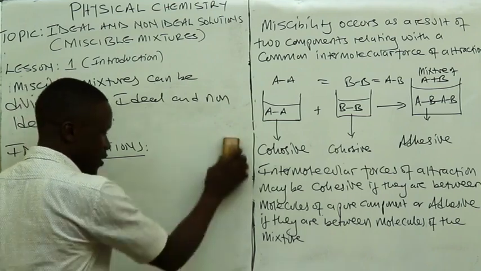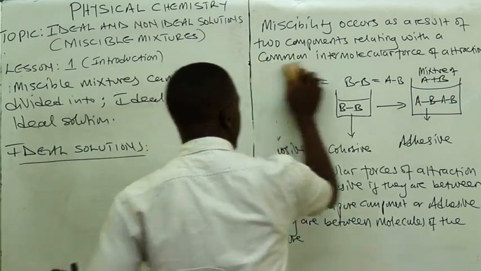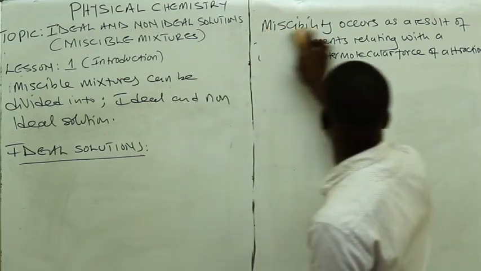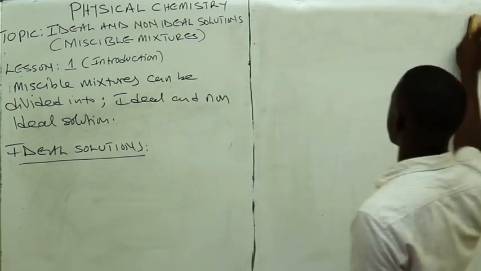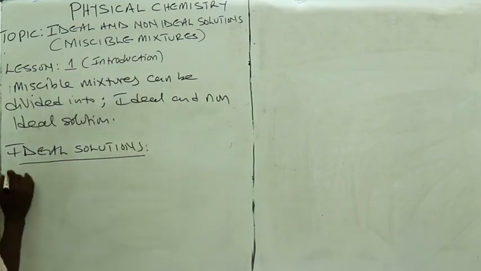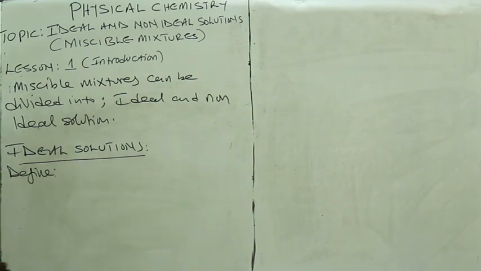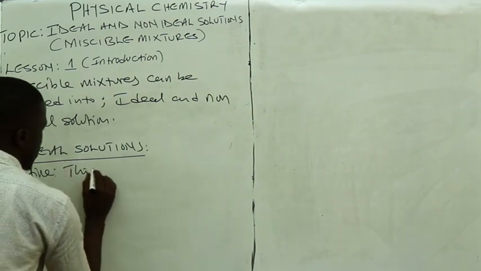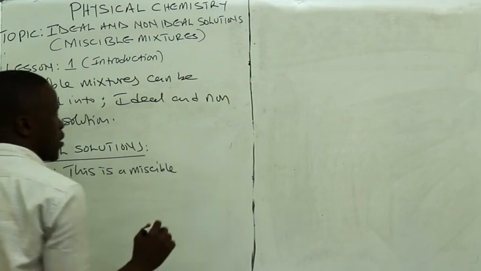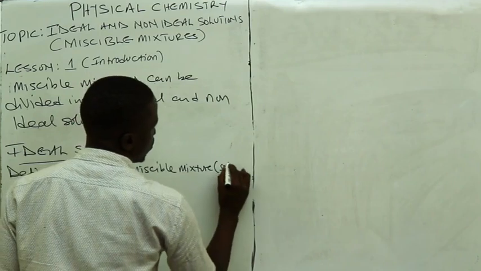If that happens, there are two things we are normally asked. We are asked to define what we call an ideal solution, but sometimes we are asked to explain what is meant by the term an ideal solution. So if we are asked to define, it will be very simple. We shall say that this is a miscible mixture or solution